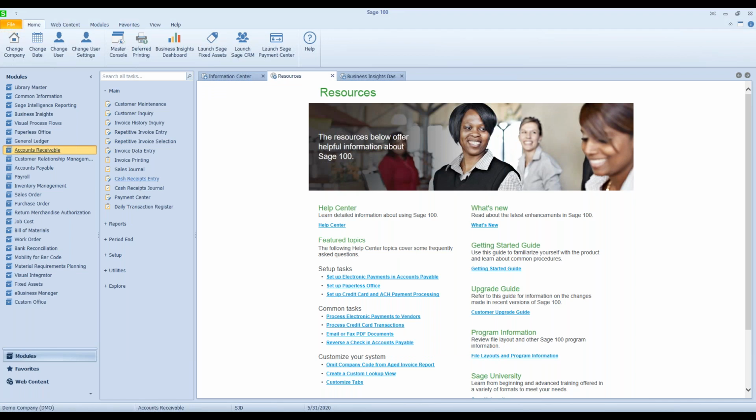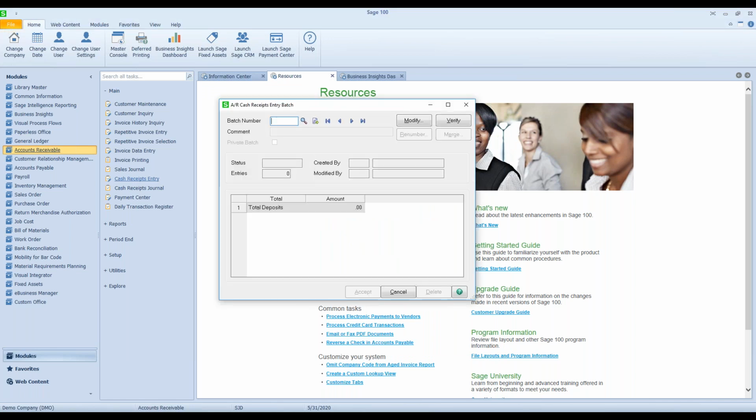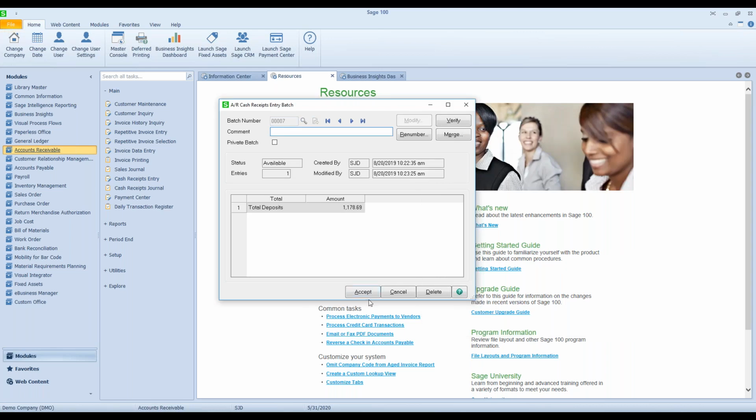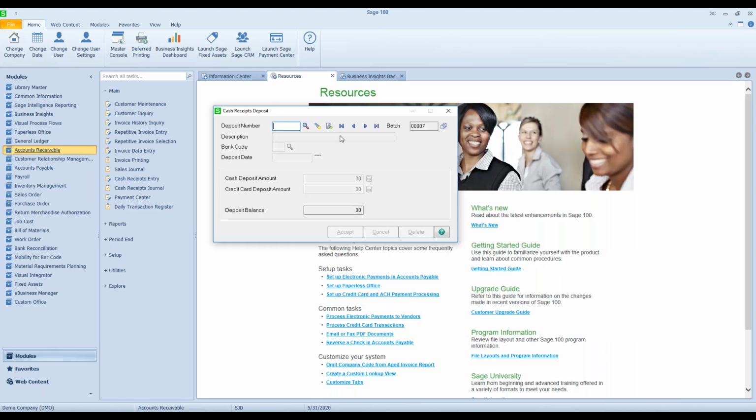Okay. Now the fun really begins. Okay. So the next type of deposit that I want to discuss is a miscellaneous cash receipt. So I'm going to go ahead and grab this batch number again. We're going to do all these in the same batch. And I'm going to click on my next